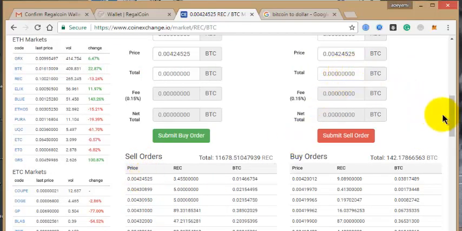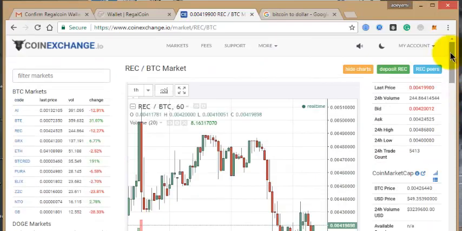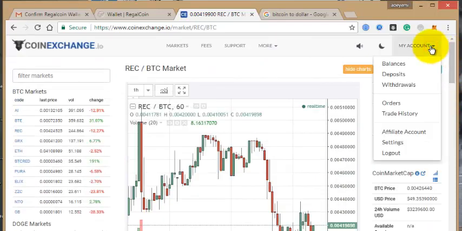You can see the sell price is already there. Then you type the amount of regular coin you have there. Say you want to sell 20 coins of regular coin, or you want to sell 2 coins, then click on submit. Once you click on submit, they will convert your regular coin to Bitcoin. So now you want to withdraw your Bitcoin out from here, or sell it directly, or forward it to your blockchain.